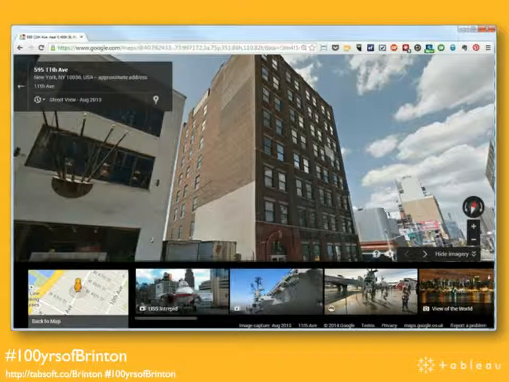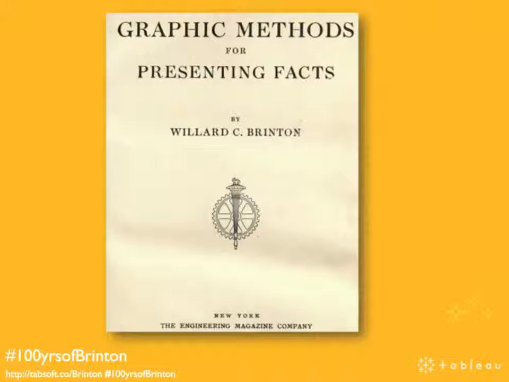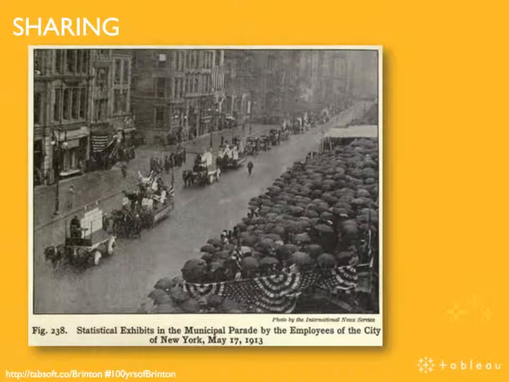He was an inventor living in New York and working at this building on 11th Avenue, which is still there today. And as well as getting loads of patents and being a really, really clever engineer, he wrote this book. And he was motivated to solve the problems of the day because just like in 2015, he was seeing people making all sorts of charting errors. Even though what we do today and what we did then shared a motivation: to share data and to be expressive and to get the data right.